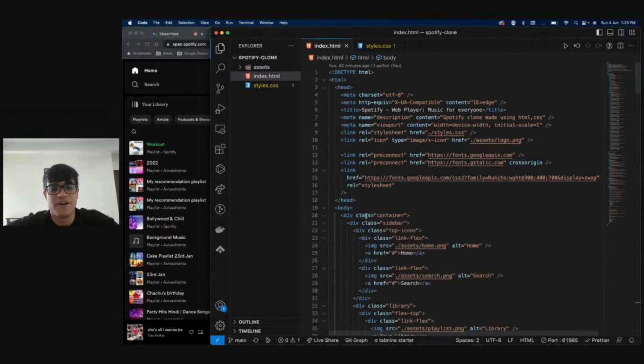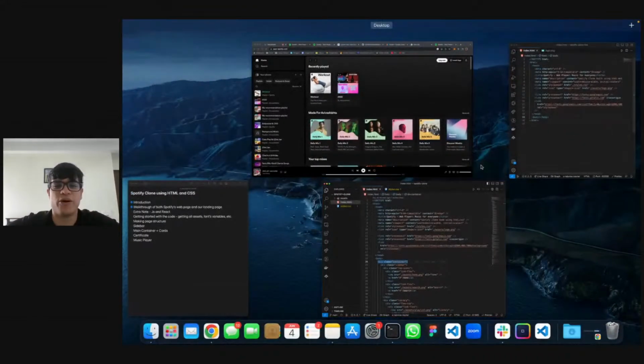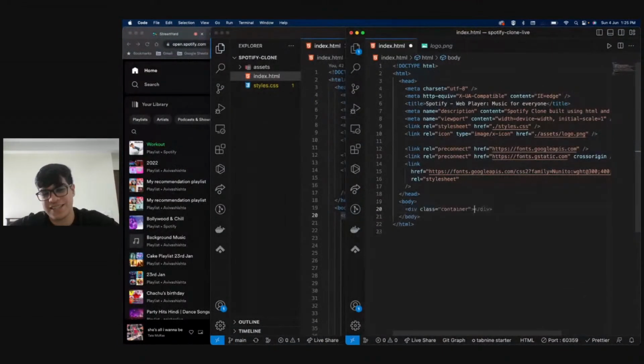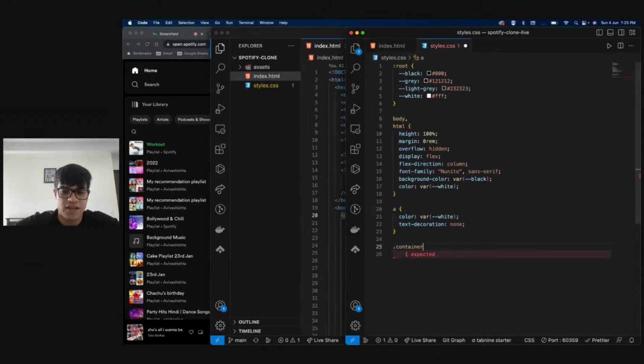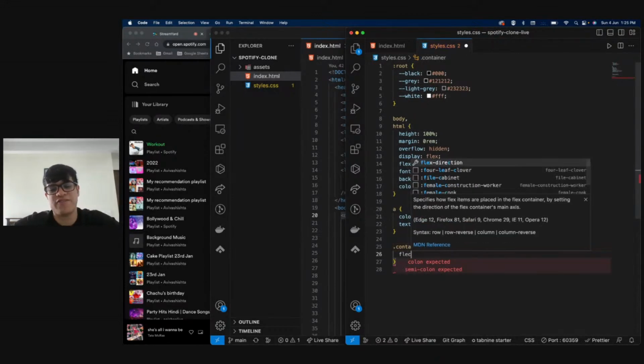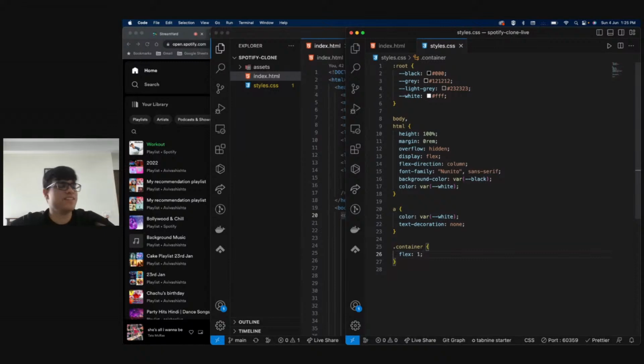So first things first, let's just have another div. We could ideally have it inside our body as well, but making another div will not hurt us, right? So we have this div called container. Now in this div, what I would want to do is give this div, dot container, a flex one. The reason why I'm giving this a flex one is so that I am sure that